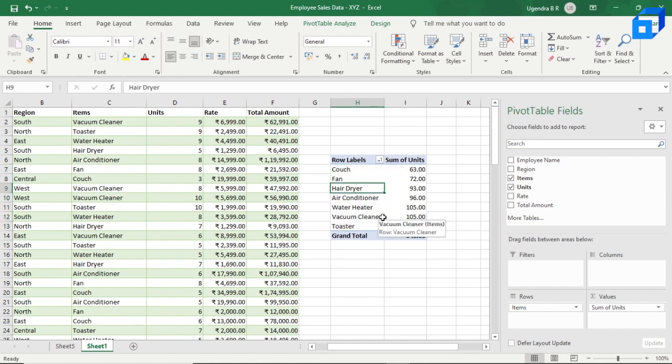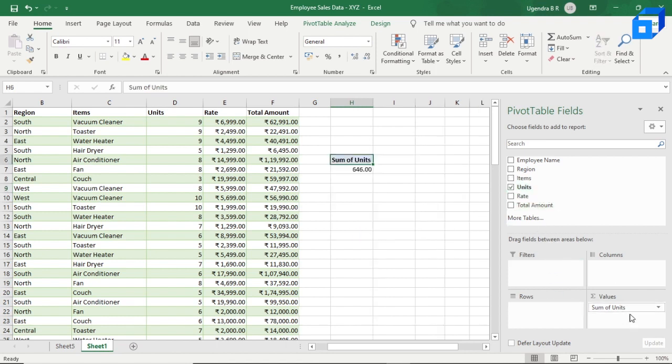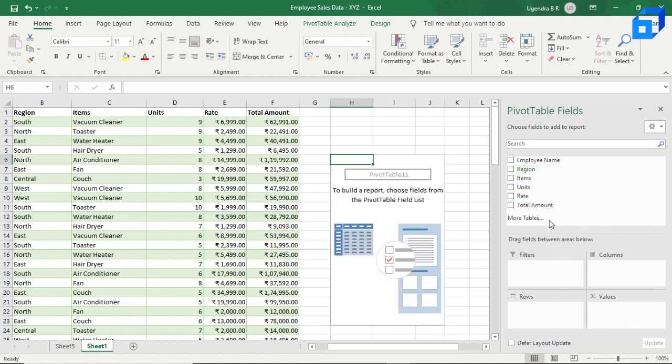Also, we have different ways to display values depending on the fields and the data we are dealing with. Let's say you want to get the percentage of total sales by each region. So let us remove all these now. Since we want the percentage of total sales by each region, we want the region in the rows.